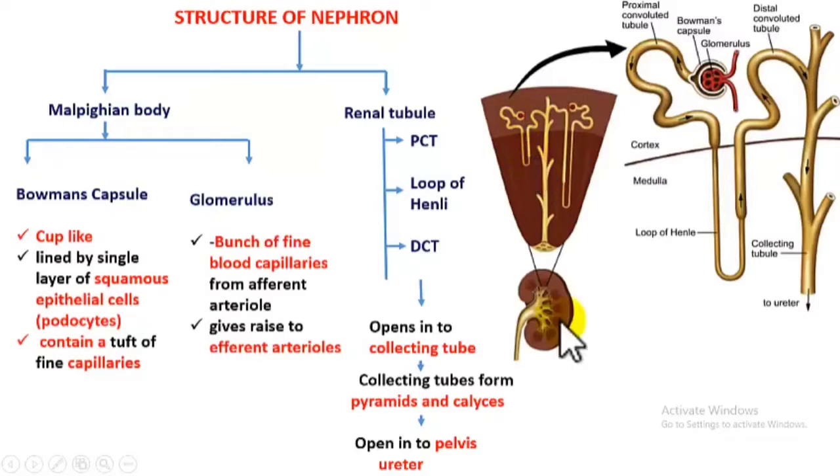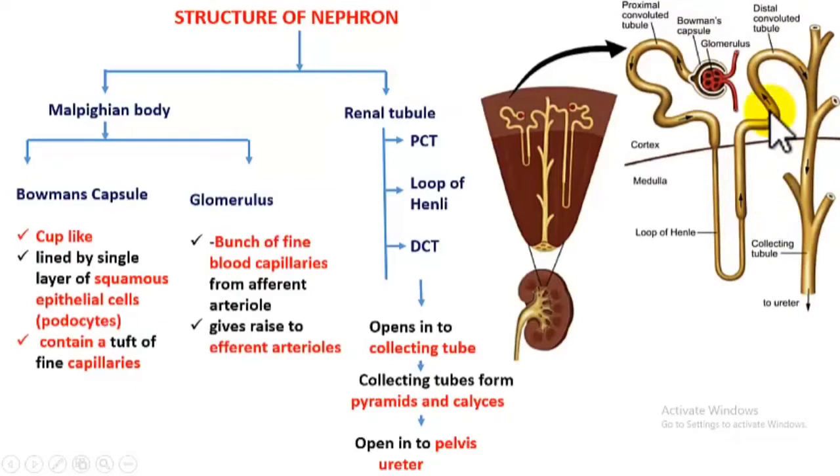Now students, how many nephrons are present in each kidney? It is 1.3 to 1.8 million nephrons. So huge, right? Yes, so many filtration units are working continuously to remove the waste materials from our blood. So let us understand the structure of a nephron now. If you see the structure of a nephron, we find two main parts. The first one is Malpighian body and renal tubule.